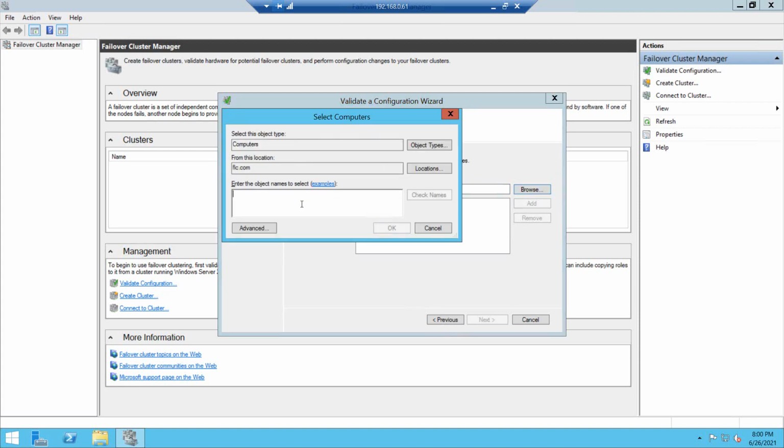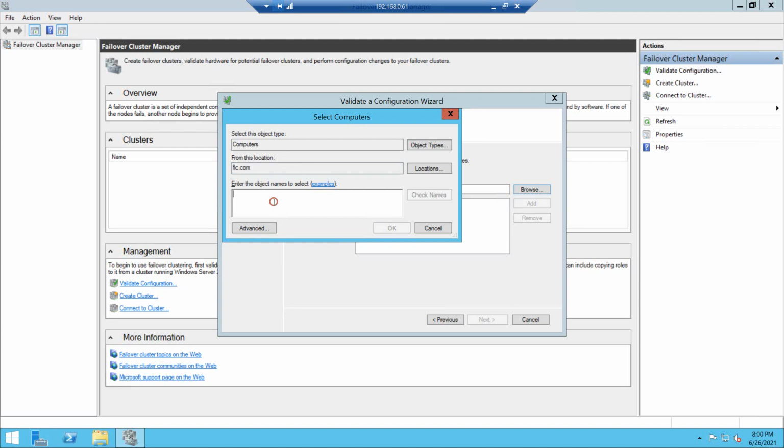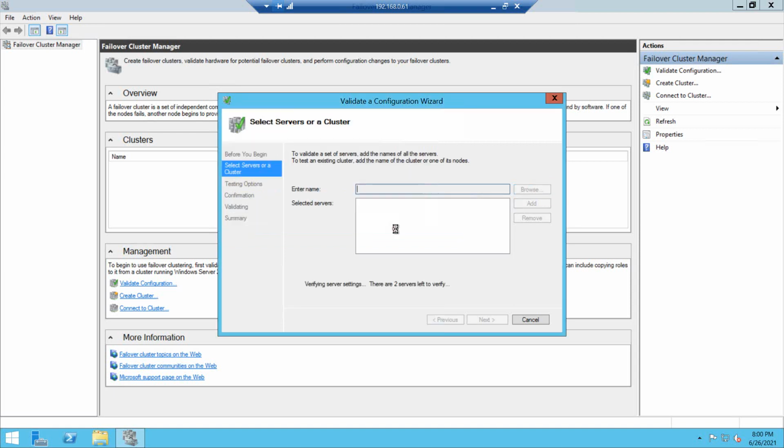Our servers are this one and this one, so we'll be adding these two servers.